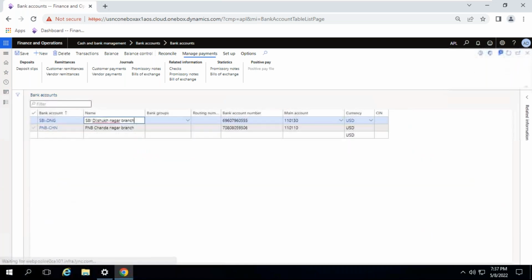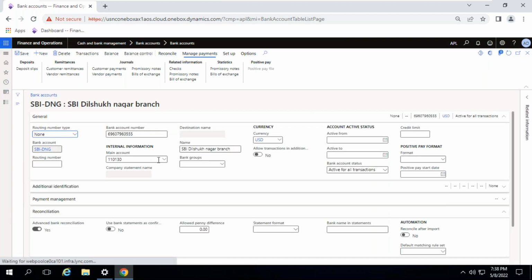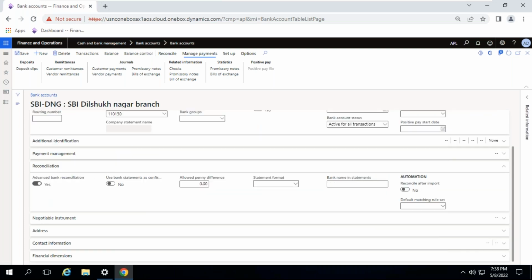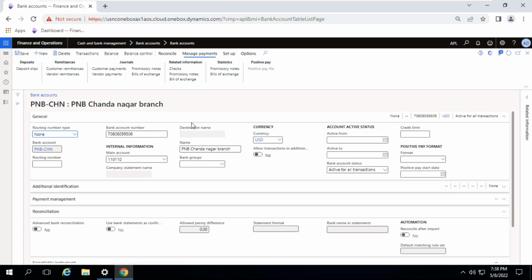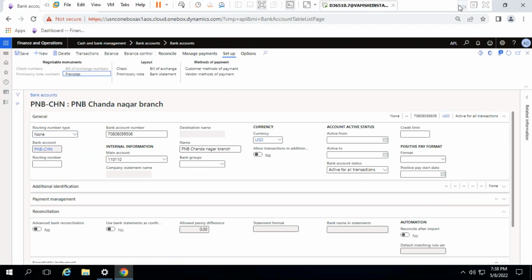Okay. So two banks are created. One is Punjab National Bank, another one is SBI. For SBI, I have mapped advanced bank reconciliation. What is this advanced bank reconciliation? I will explain it later. Now, Punjab National Bank. In this bank, we have options in the setup. So the first step is